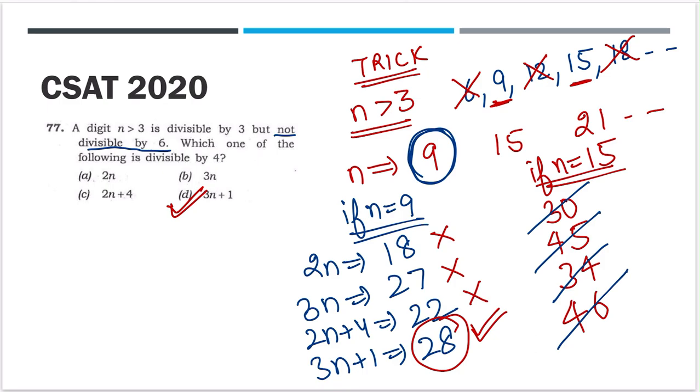They have put this question very smartly. Why can we not take 15 or 21 and only 9? Because they have said it is a digit. Digit means it's a single digit. It is not a 2-digit number or 3-digit number. When they say digit, it means anything between 0 to 9. So from 0 to 9, only 9 we can take. 15 we cannot take because 15 is a 2-digit number. It's not a single digit. I hope this question is also clear.